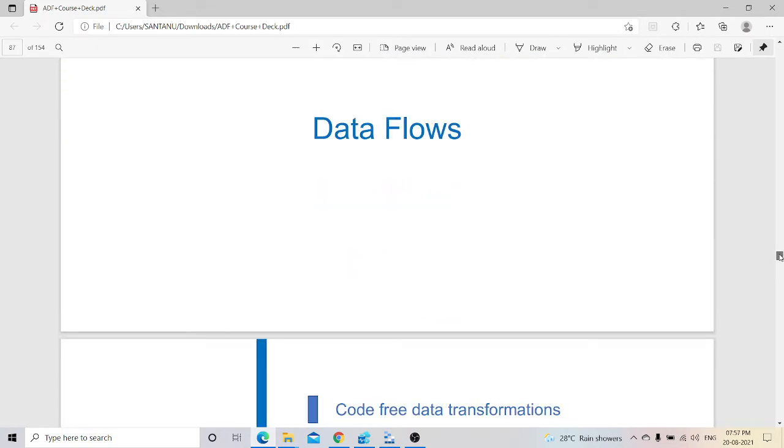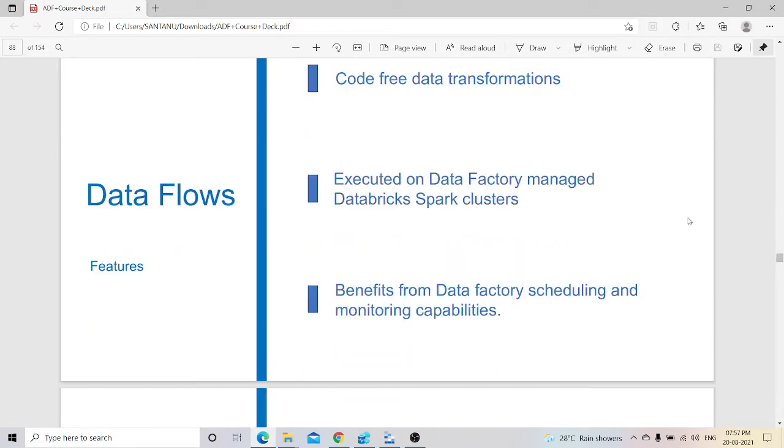Let us understand what data flow is. It is a code-free data transformation, so we don't need to understand any code to execute the data flow, and it is very easy to execute. It is executed on Data Factory managed Spark clusters, and note that those clusters remain switched on for 1 hour, and turn off after 1 hour of idle time.